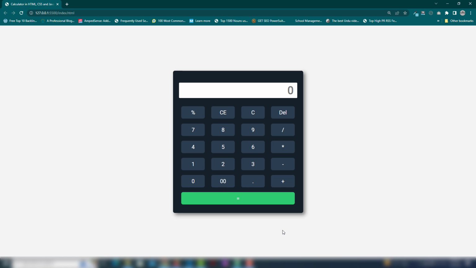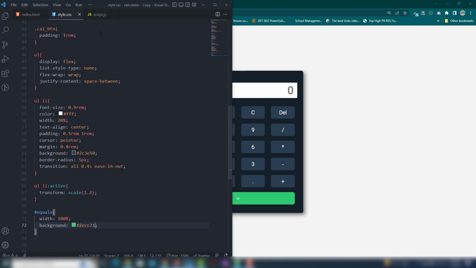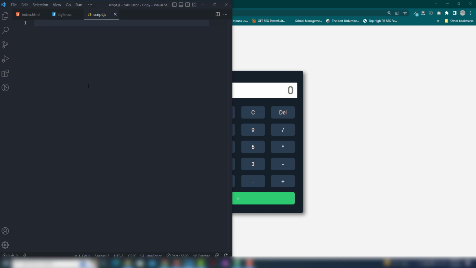In the next section we're gonna discuss all about how we can perform the operations. So let's move on to the JS. Let's work on the JS to get the value from the input field, and also we need to get the value from buttons. So I will create a let variable with the name of result,